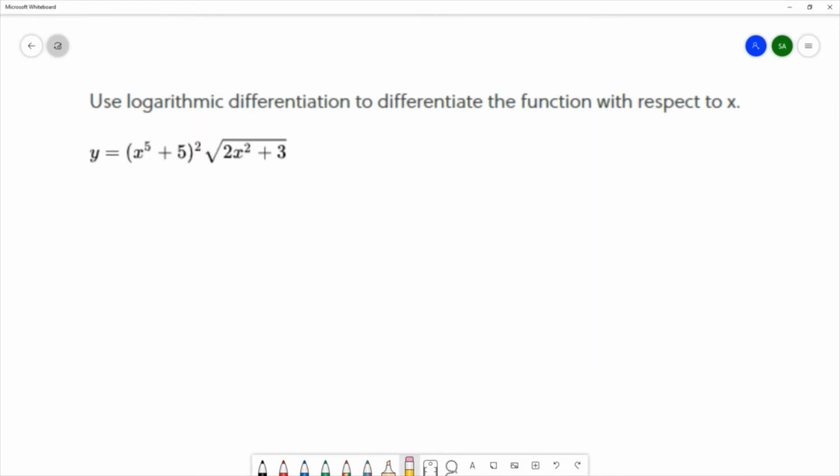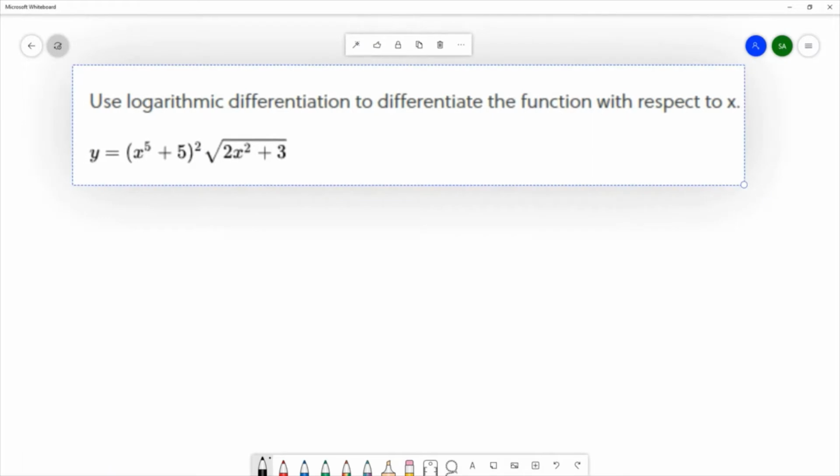So with this question, the directions are asking you to use logarithmic differentiation. And with logarithmic differentiation, we're able to use a little bit of algebra before calculating the derivative, which simplifies the expression significantly. And then when you calculate the derivative, you don't have to use as many rules combined. So with logarithmic differentiation, your first step is to